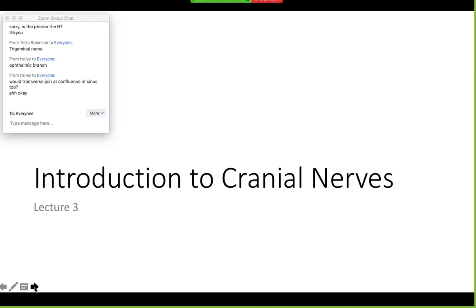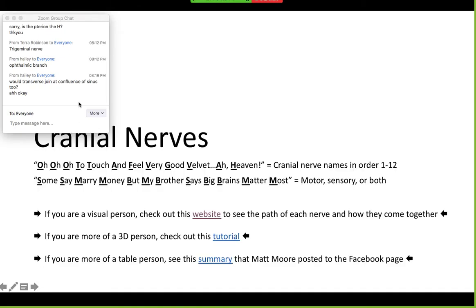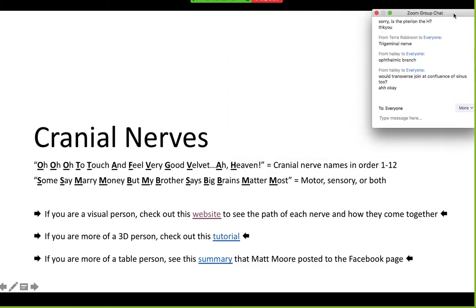So let's go through the cranial nerves. And of course, there's all sorts of mnemonics to remember the names of the cranial nerves. The one that Allie used was Oh, to touch and feel, very good, velvet, all heaven. I think there's like a Harry Potter one. Honestly, if you study it enough, they're just going to become second nature. When somebody says cranial nerve 5, you're going to think trigeminal. So I wouldn't worry too much about a mnemonic, but I do really like this one to help you remember